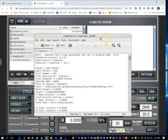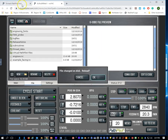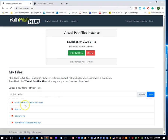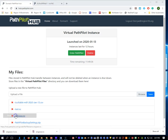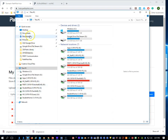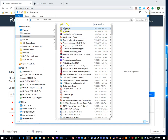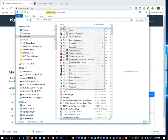We can go back now to our other tab. And now it should show up here. We now can hit this file and notice that it's downloaded it. So as soon as I hit this, it downloads that file. If I right click and go to my File Explorer and go into my downloads, there's my engraved file. I've downloaded it twice. So here it is. So I can now copy that,